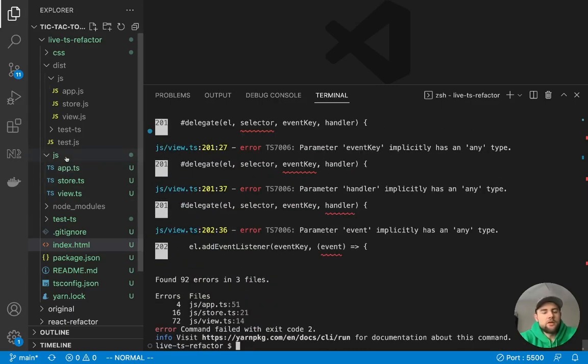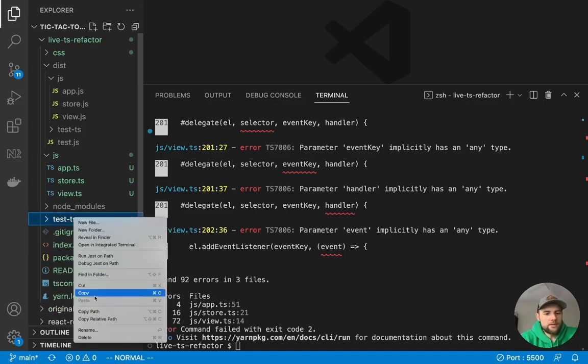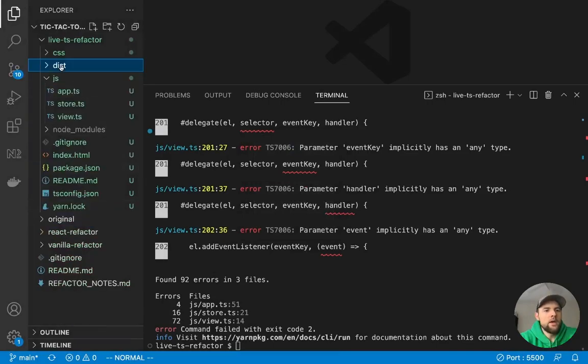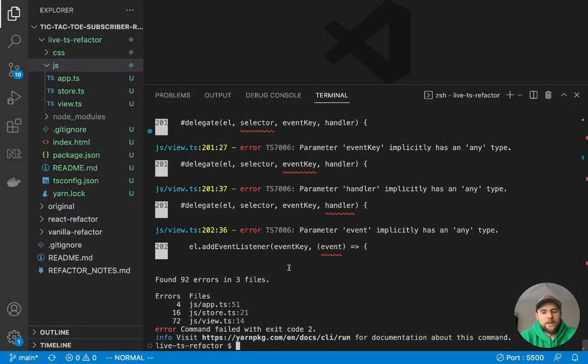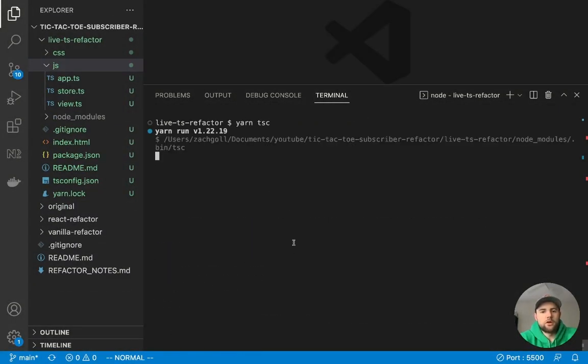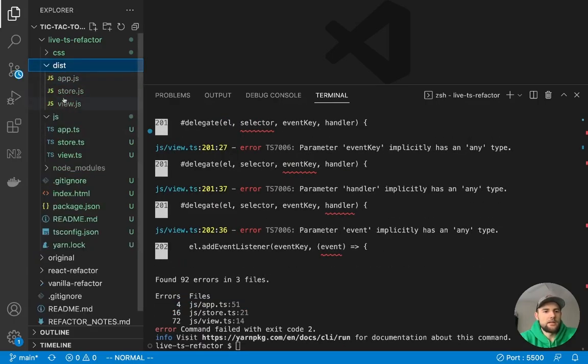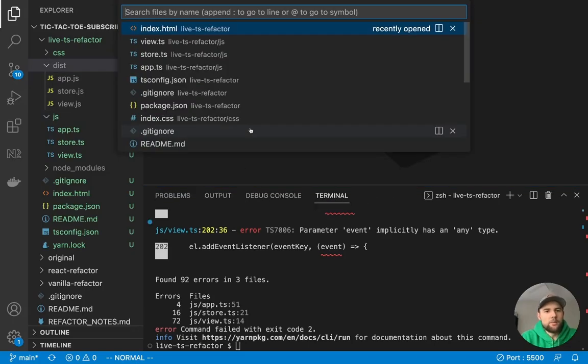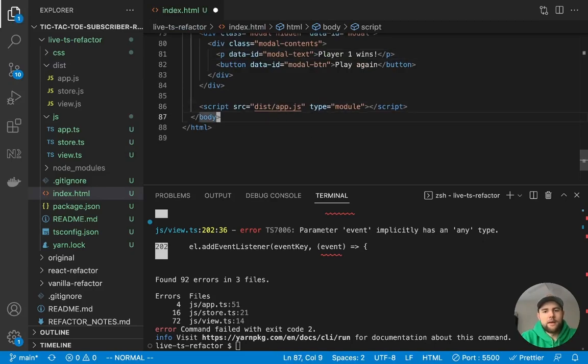But just to demonstrate how you can change this behavior, I'm going to get rid of the test.ts directory now, just so that that's not clouding anything up. And then I'm going to completely delete the dist directory. That's okay because remember, we can just run yarn tsc and it's going to create the dist directory. Interestingly enough, now that we deleted that other directory that had TypeScript, this now does not maintain the JS directory structure. So before I forget, I'm sure there's an option to change that, but let's go and remove that path.